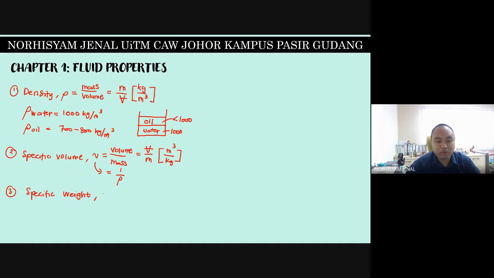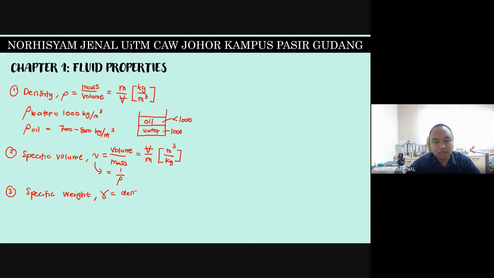Okay, so specific weight. The symbol is this one. I'm not sure what it is called. Usually we call this any ksatria over here. I think this is gamma. Okay, so it is equal to